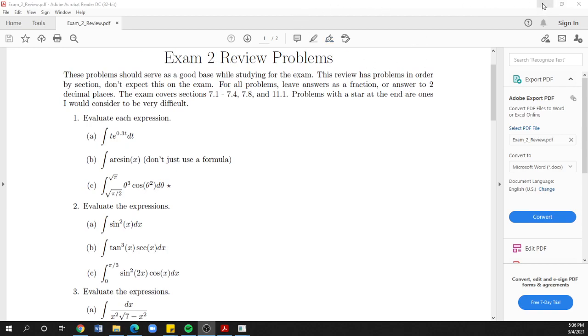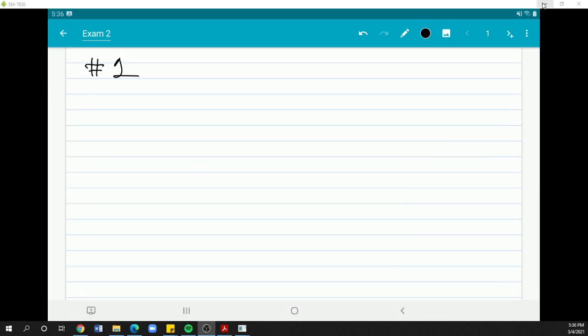So the first one is the integral of t e to the 0.3 t dt. Okay, I have t times e to the 0.3 t, so it doesn't look like I can do a u sub. I don't see any square roots, so it shouldn't be a trig sub. No fractions, so it shouldn't be partial fractions, so then my only real option is integration by parts. Again, I see a t times e, so I'm thinking integration by parts. Then I consult the isolate table,